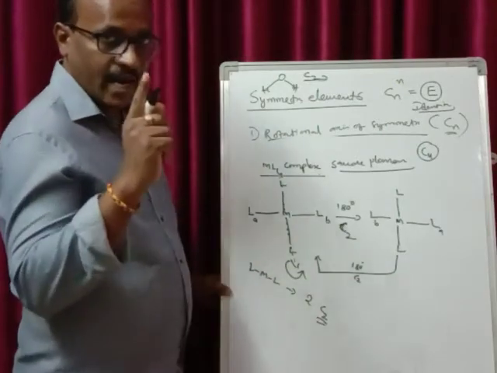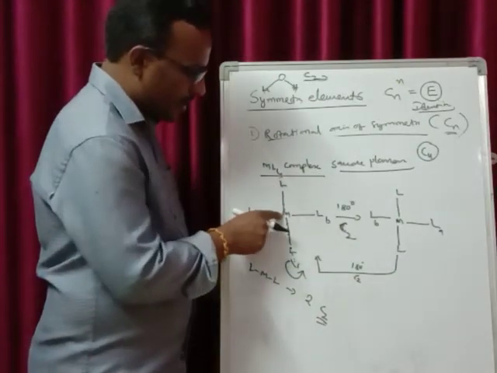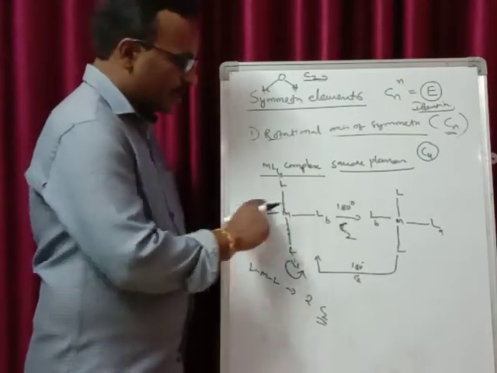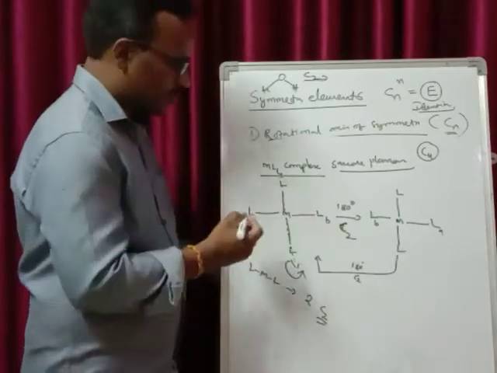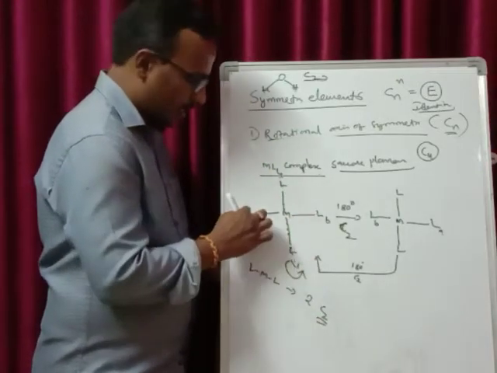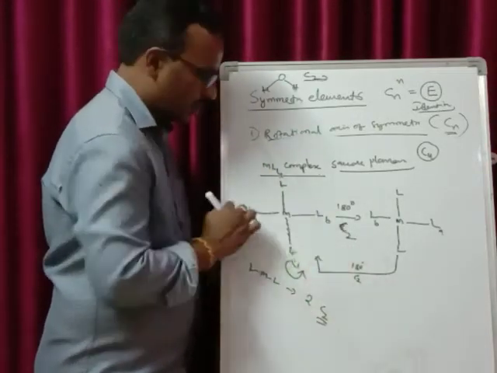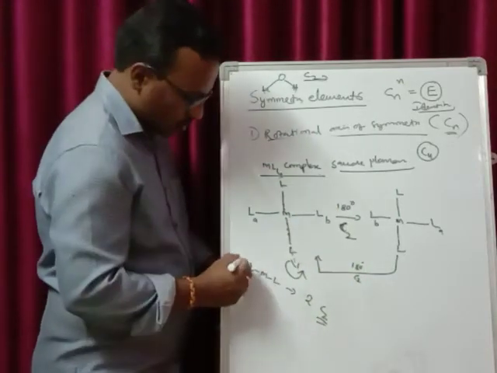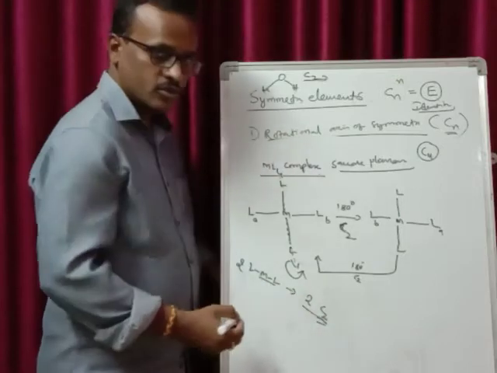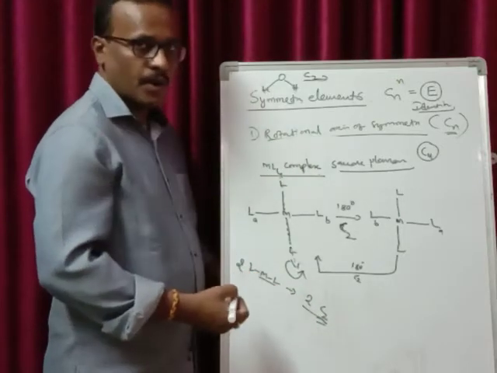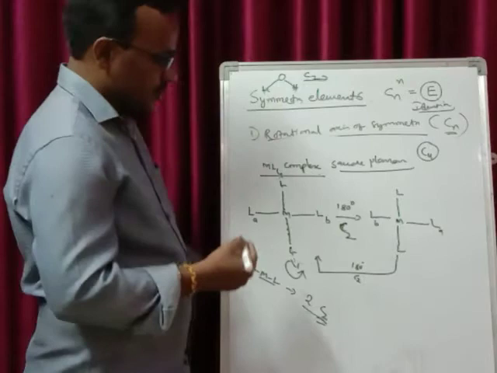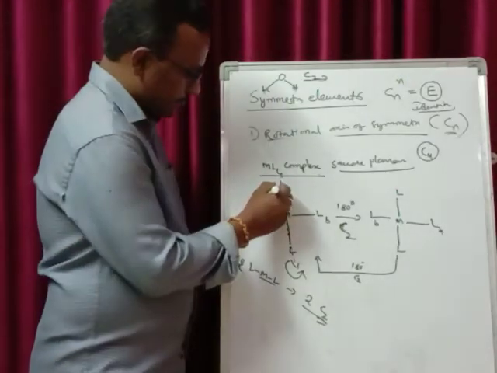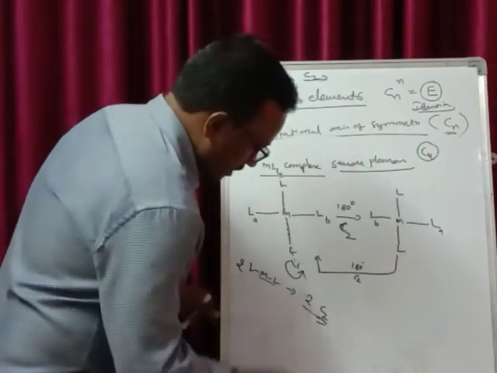That is, the axis is passing from ligand, metal, ligand. So how many LML bonds are there? There are two. This is one LML, and similarly another LML, so one axis will be like this, and the other axis will be along this, so that you rotate like this. So there are two LML bonds, therefore there will be two C2s passing along the LML bonds. In addition to this, apart from this, you also again have two C2s, right? I'll just show you, representing them separately.